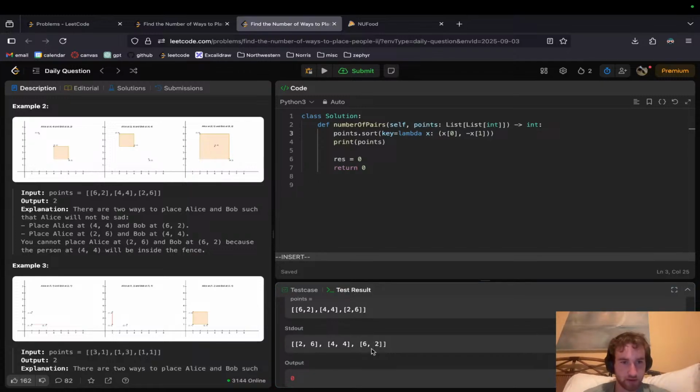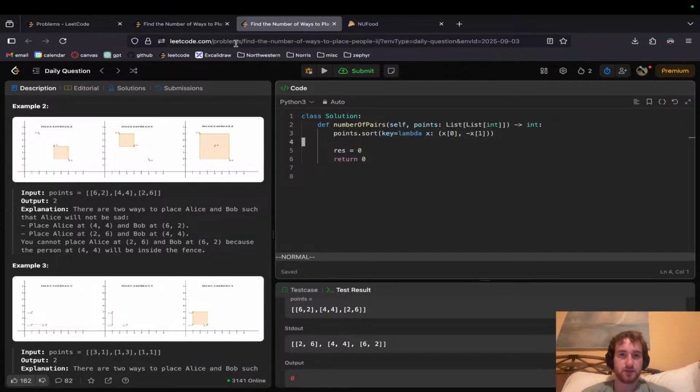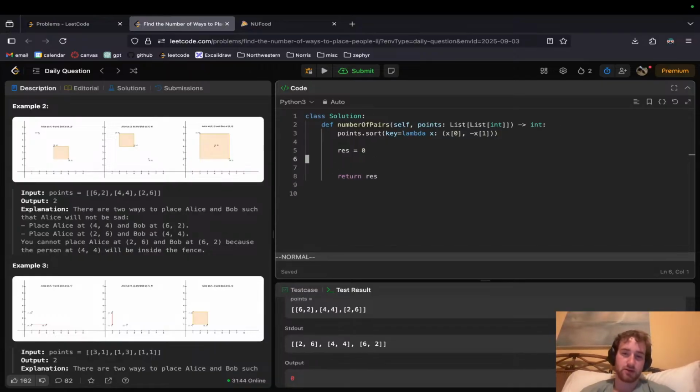Okay, yeah, so we want 2, 6, and we want 4. Yeah, okay, cool. That's what I want. Okay. So close that, because I want to try to go from memory here. Return res. So we're going to go